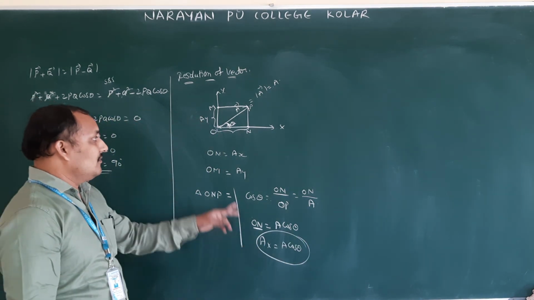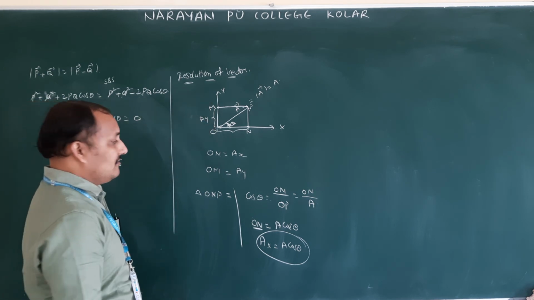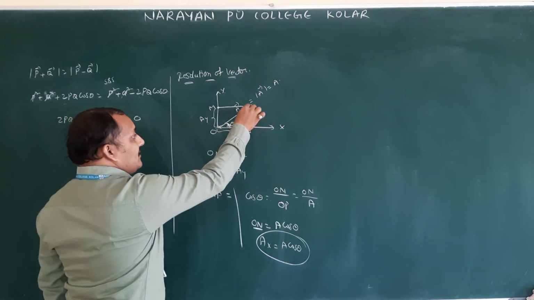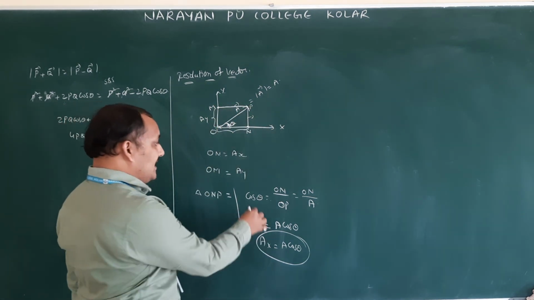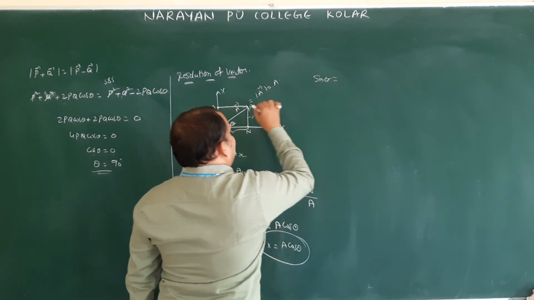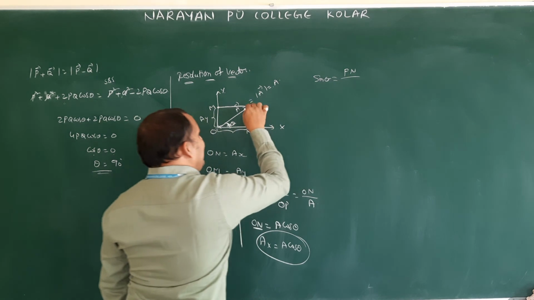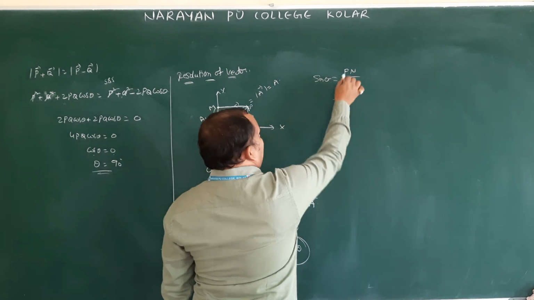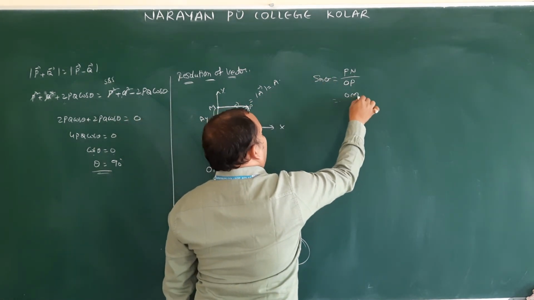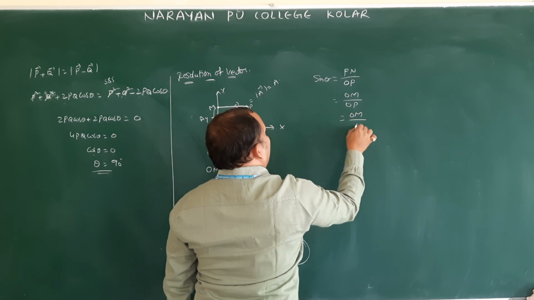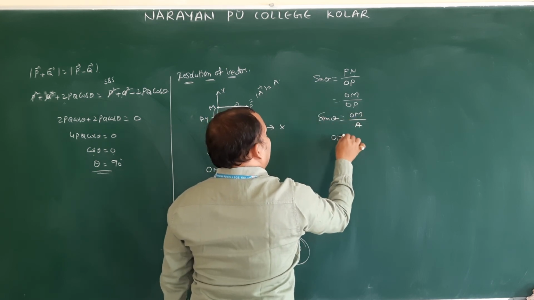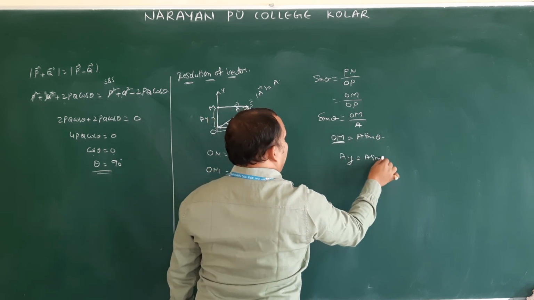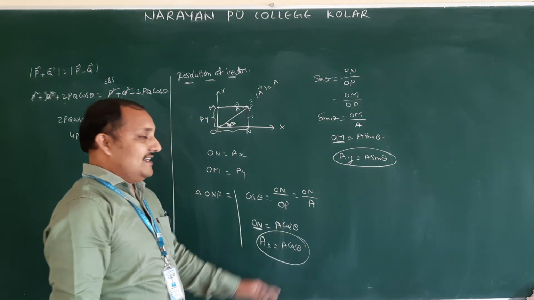Same like that, we want AY. AY is the Y component, or vertical component they will say. If you want the vertical component, here OM is equal to PN. We want the opposite side. Opposite side means we have to take sin theta. Sin theta is equal to PN by OP, opposite side by hypotenuse. PN is equal to OM, OM by OP, so OM by A. So sin theta, then OM is equal to A sin theta. This OM only we will write as AY. So AY is A sin theta, AX is A cos theta.